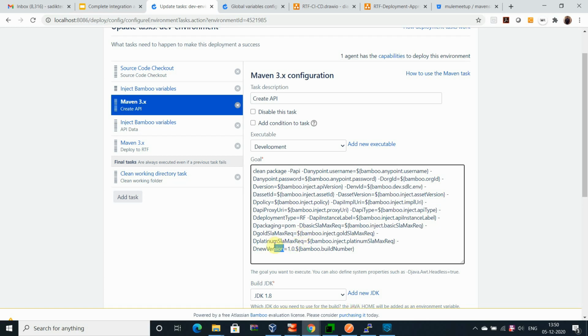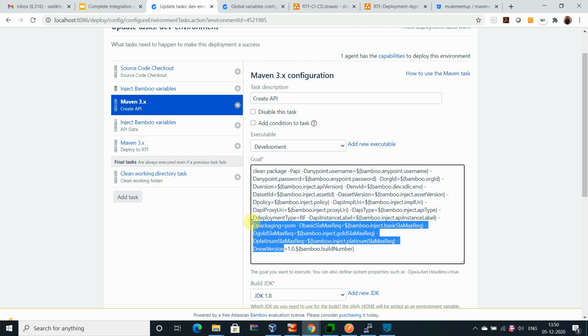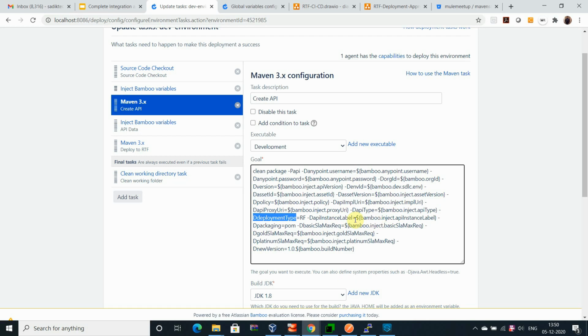Let me go to the environment type, packaging, deployment type, API policy, version, and the environment ID. That is, which environment you are deploying to right now. So I am deploying on the sandbox.